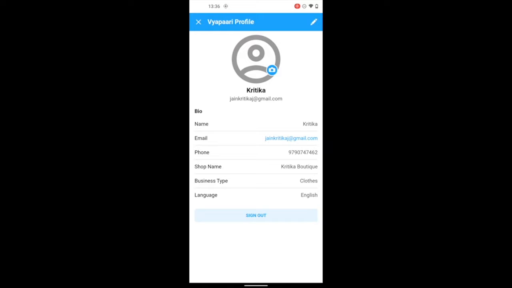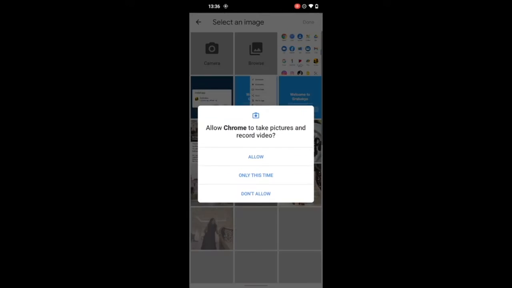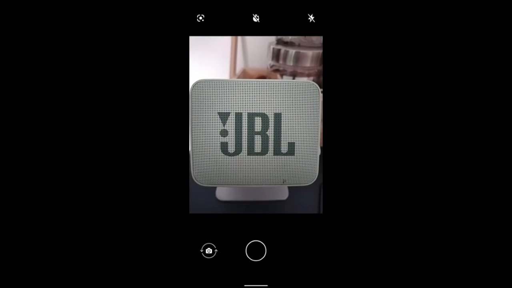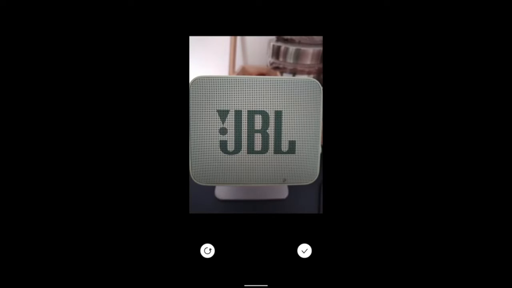Now you can select a photo as well to personalize your app even further. This photo could be your own photo or the logo of your business or your shop. I am clicking a photo here and uploading it as my shop picture.